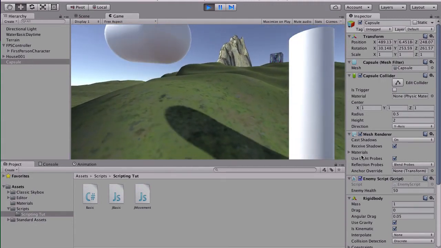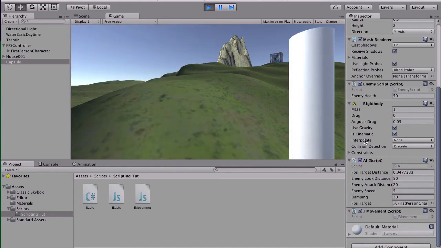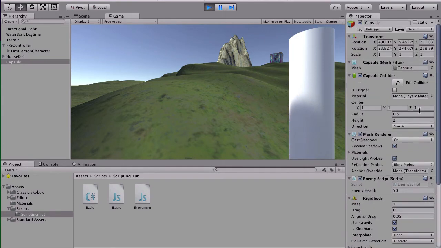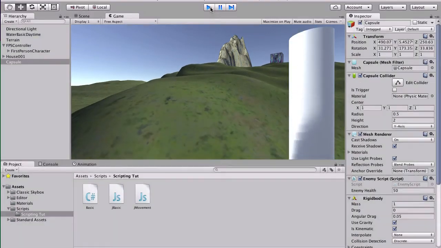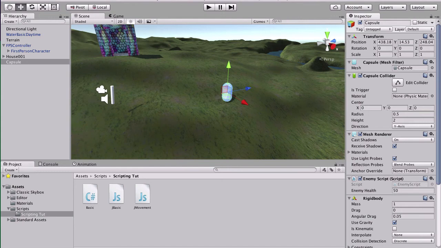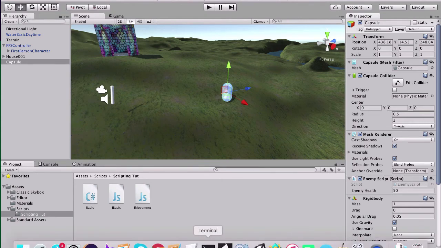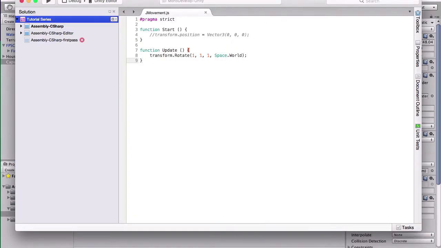So I'm going to turn on the enemy script again, and the AI script. You should probably not turn on the AI script right now. But as you can see, that works. I want to turn those back on and leave that on. Okay, one more thing I want to go over is